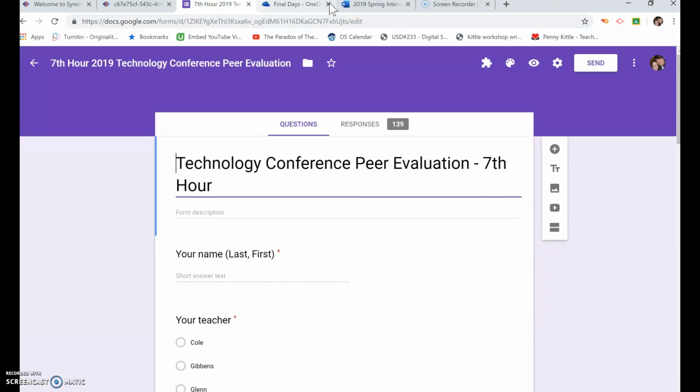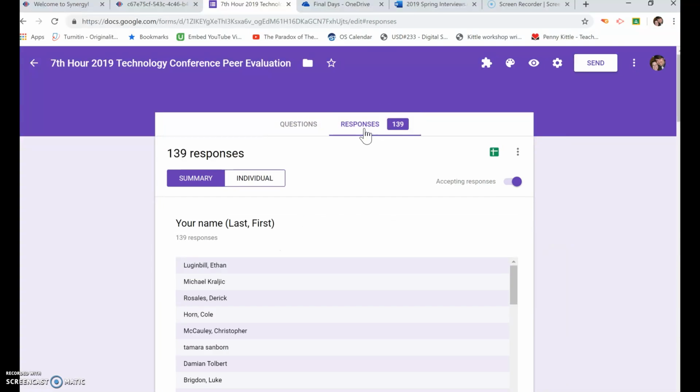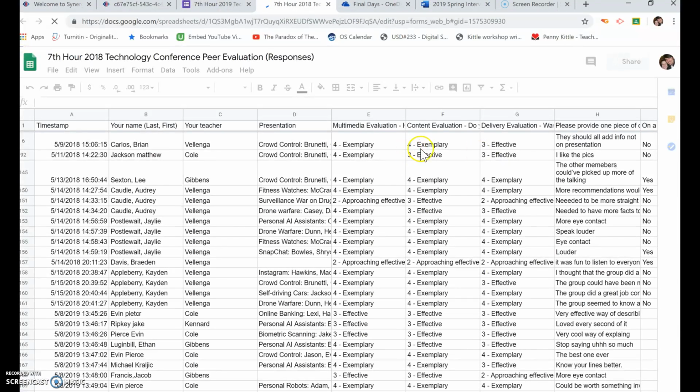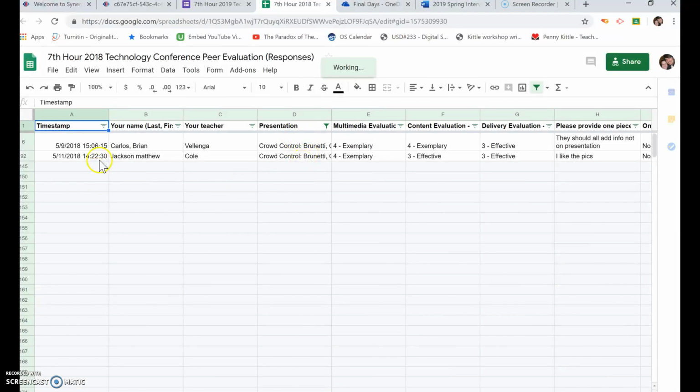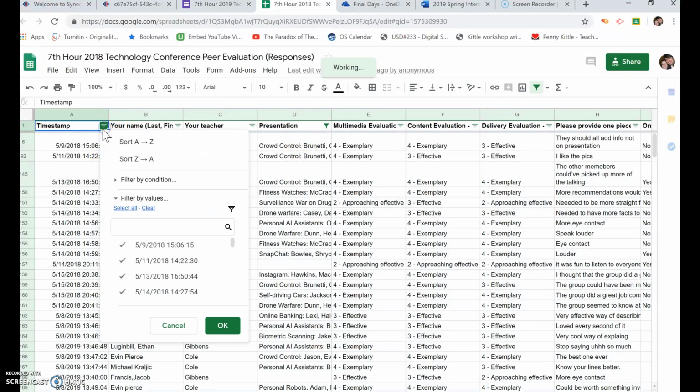Okay, I'm going to show you how to pull the results from the technology conference spreadsheets yesterday. It's not that intuitive, but it is possible. So you need to go to the spreadsheet here. And one of the downsides of copying the form from last year is that we have all of last year's responses still in there. So you need to eliminate those